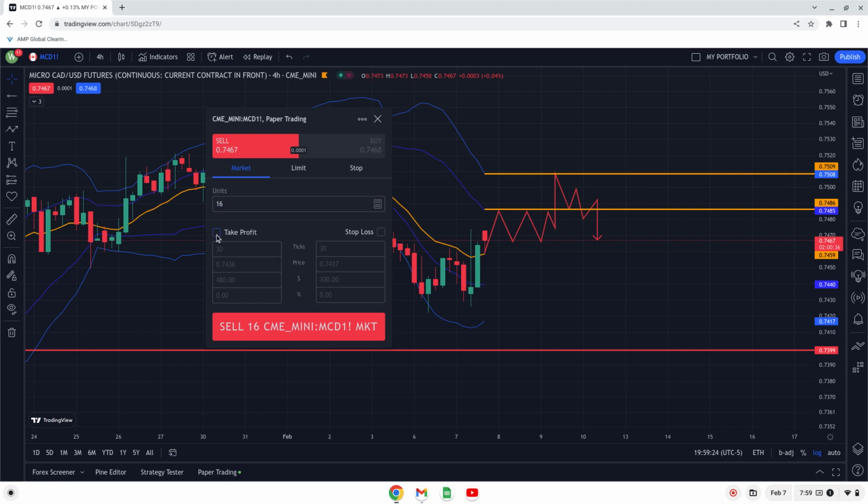Then for my take profit, I can go here and put the actual pips of how much I want directly, type in 50, or I can put the number that's on the chart, which is 0.7416. That's right there on the right-hand side, about right here. I can customize that and type in 0.7416 in this box. What I normally like to do, and I encourage everybody, is just type in the number of pips and how much you want to make for the trade. Once you type in 50,